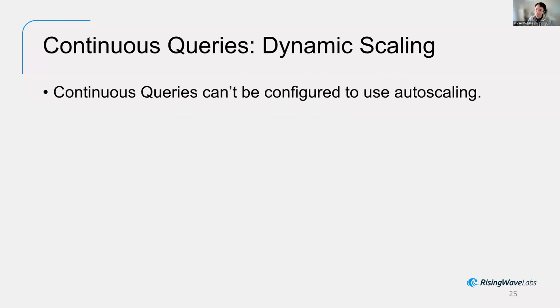And what about the dynamic scaling? Well, Google explicitly mentioned that continuous queries cannot be configured to use auto scaling. So it means that you have to provision in advance. That's probably another limitation. And you have to understand your workload, so you have to understand how much traffic you're expecting, right? Definitely, it's probably not easy. But in general, you cannot configure a continuous query to use auto scaling.